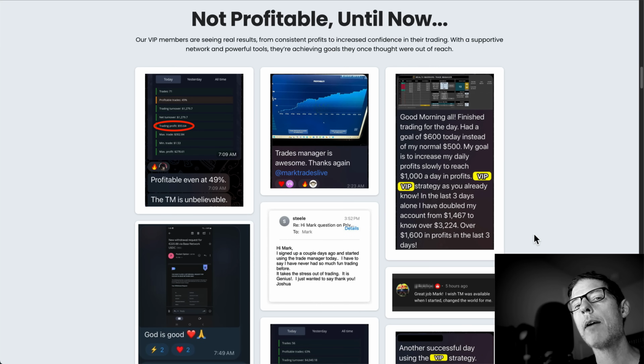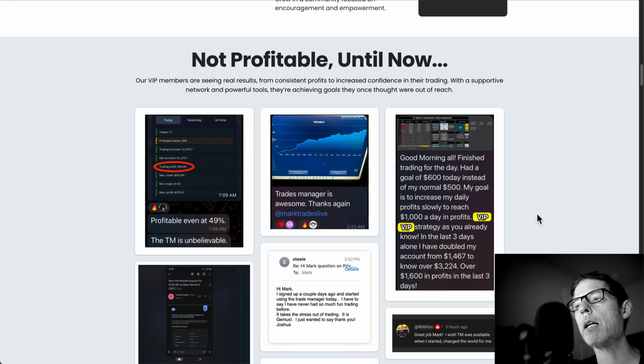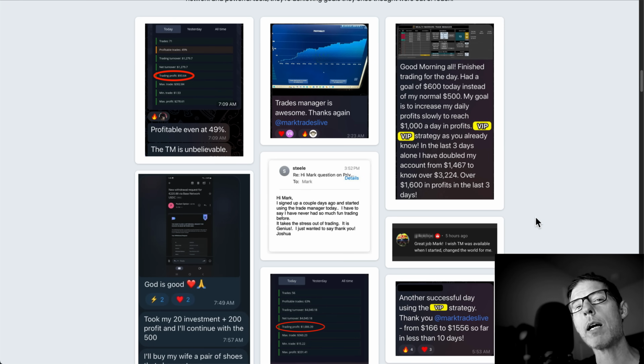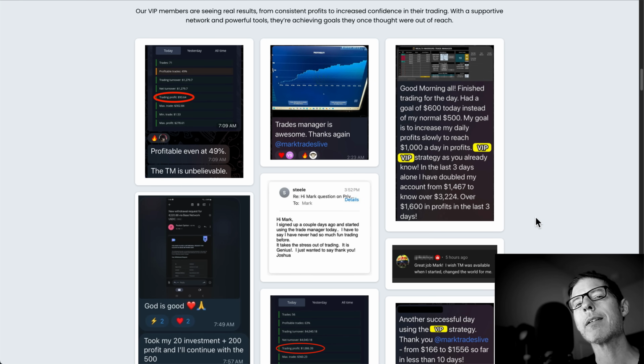Most traders were not profitable until now. We've had many traders come into the group. They have used Forex, futures, indices, crypto. They've tried trading with everything. And most of them have said that it has never really been fun at all. Trading has been stressful. You're doing lots of guesswork. You can't really predict the future. What's going to happen? There's really no goal setting because you're just trying to even make it through a week